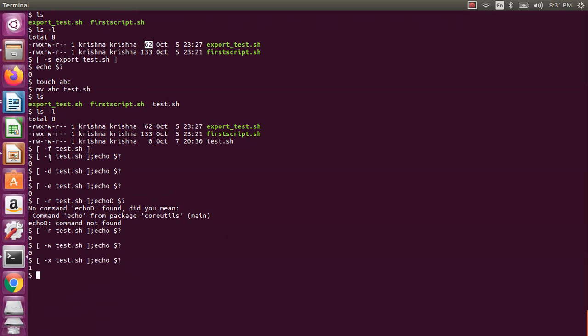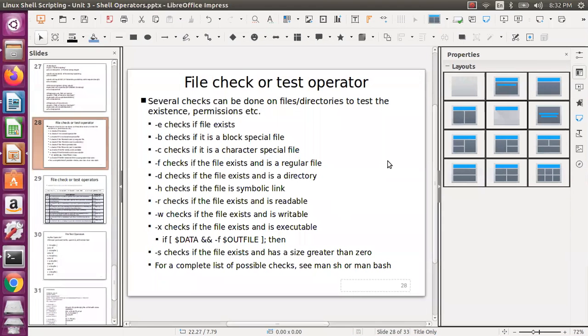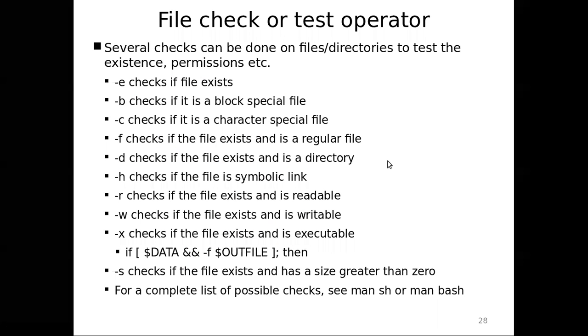That's what this particular one is, because this is not an executable file. But let us check whether this is executable, this file, first script or any file. So I am just testing first script. Now if you see this one, this is true. But here it is not there, then it is false. So that's how you will be checking these particular properties, the file test operators. Now let us cross check in the slide whether we have missed anything.